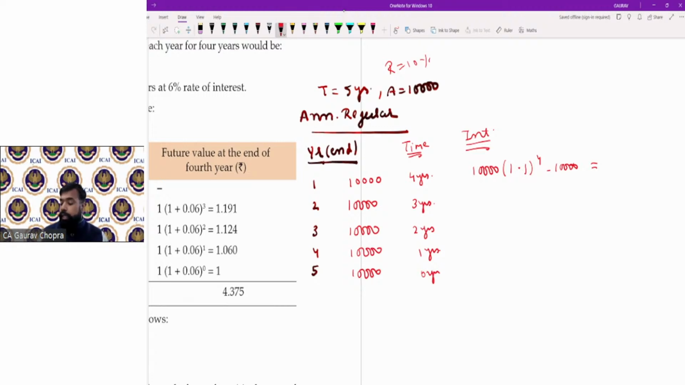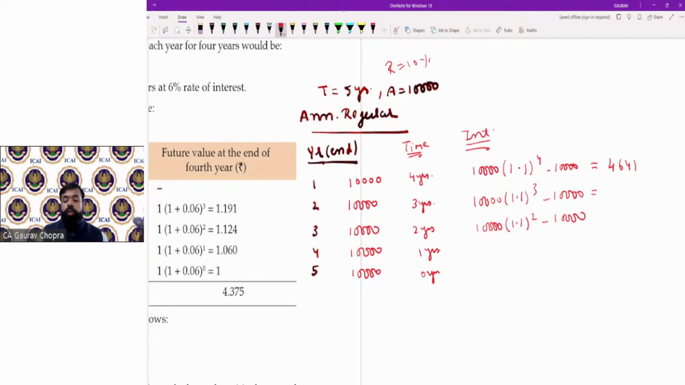Multiply by 10,000 and then minus 10,000, how much? कितना इंटरेस्ट मिल रहा है? 4641. 4641। फॉर द नेक्स्ट वन, नेक्स्ट वन पे क्या करेंगे? कितने साल का इंटरेस्ट मिलेगा इस 10,000 पे? 3 इयर्स का इंटरेस्ट मिलेगा। तो डू द कैलकुलेशन फॉर 3 इयर्स। नेक्स्ट पे आपको 2 इयर्स के लिए कैलकुलेट करना है।